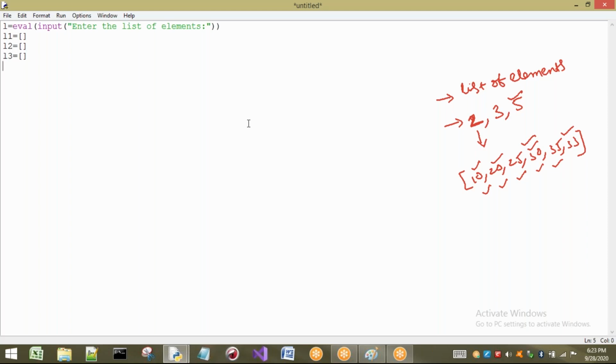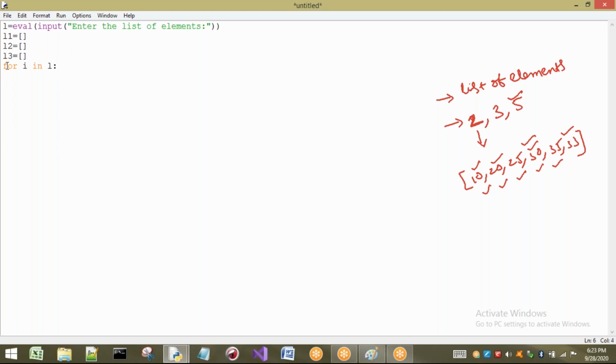So now what I have to do? I want to find from the list. So for every element I have to check. That means first I have to check 10 whether it is divisible by 2 or not. First one. Second check is what? Whether that element is divisible by 3 or not. Next check is what? Whether that element is divisible by 5 or not. Next, after completing the first element, I have to go to the second element. That means I go on searching for all elements in the list, so I have to take a for loop, for I in L. That means for every value in L, I am going to check whether it is divisible by 2, 3 and 5.